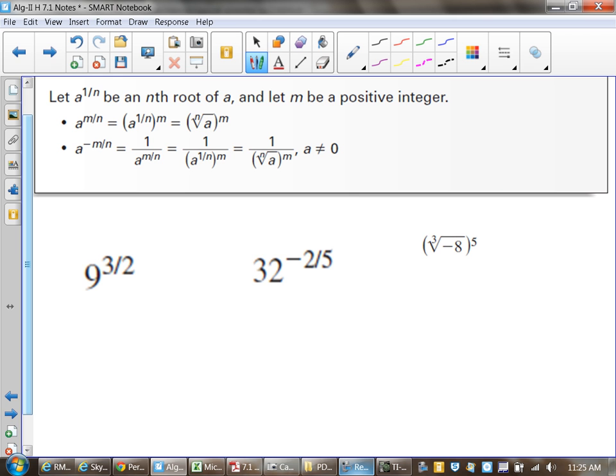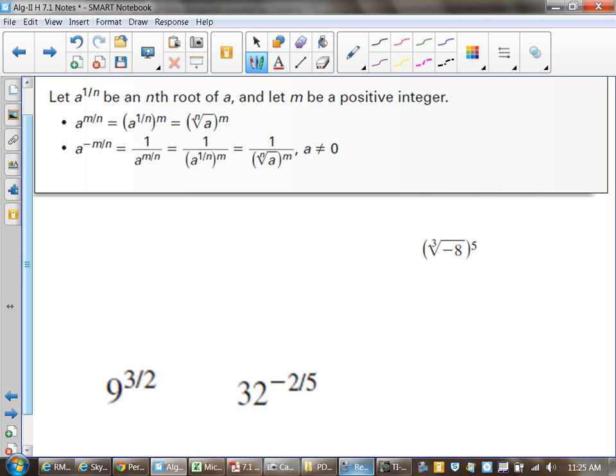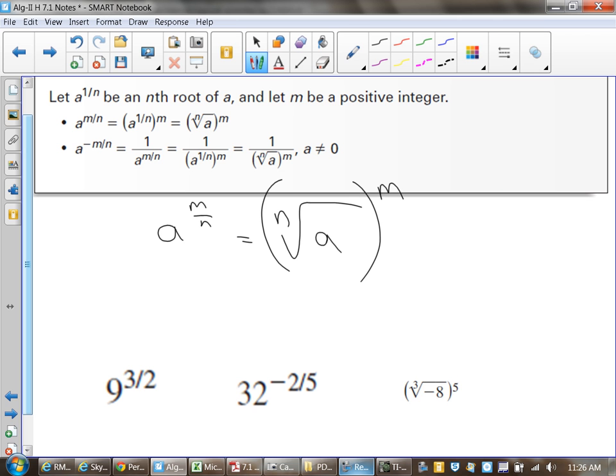And what you want to remember here is the following. If it's got a fractional exponent, that denominator of the fraction is always the nth root, and it's always raised to the m power. That's how that works. Now, as you walk through the examples then, in this first one,